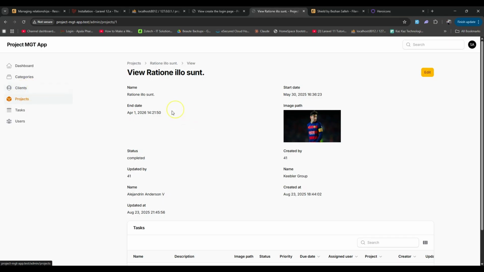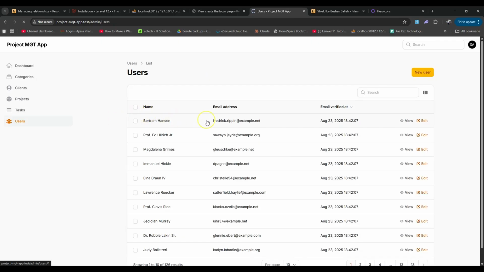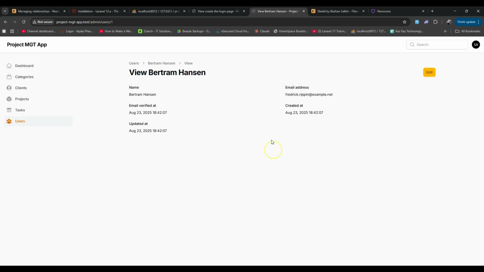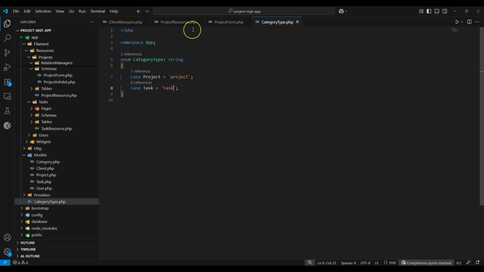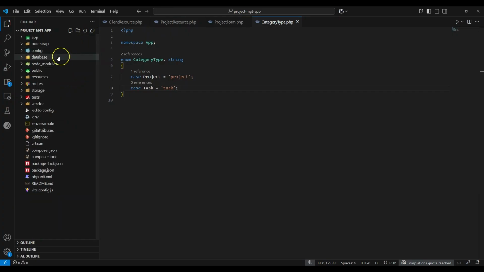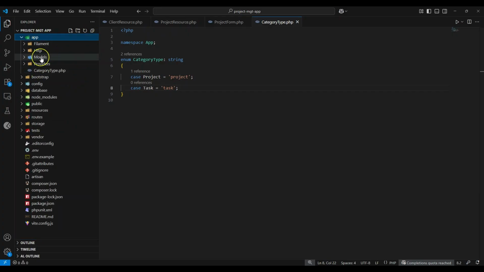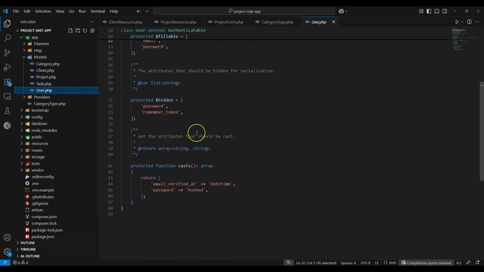We've already done the same thing for the client. So now let's do it for the users. Basically, if you open a certain user, we want to see all the assigned tasks to this particular user. So what we are going to do first is to add the assigned task relationship to the user. So here